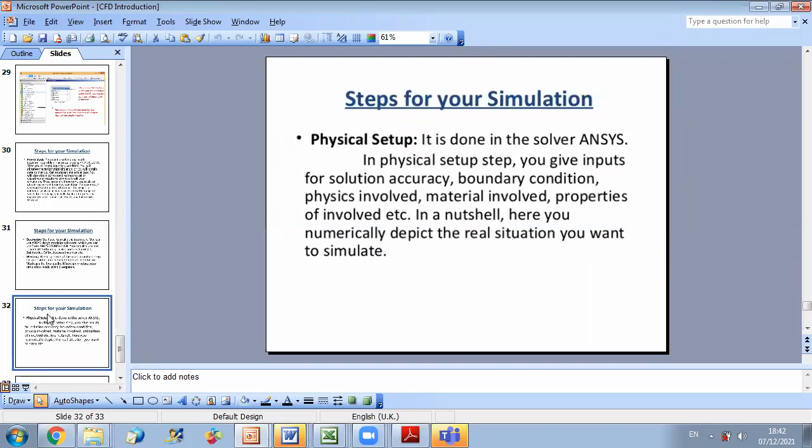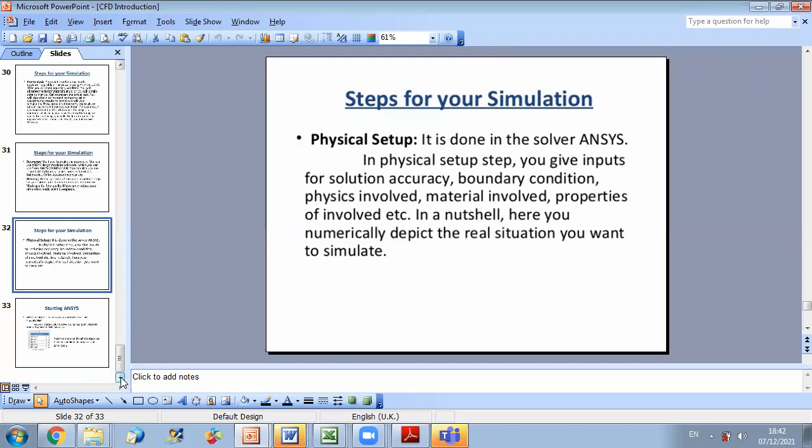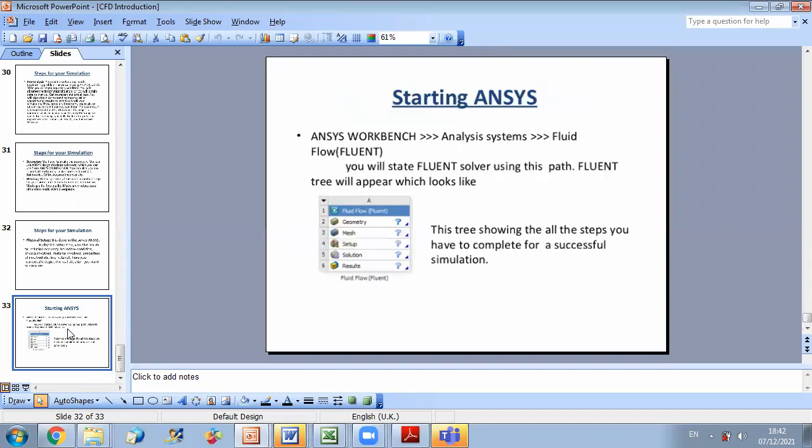Now, concerning the physical setup, it's done in the ANSYS solver. The physical setup will give inputs for solution accuracy, boundary conditions, physics involved, materials involved, and the properties involved. So here you will implement all conditions of your system, and of course you will select the numerical algorithms that will be used for your simulation. And finally, to start ANSYS, this is what you should do. You go to ANSYS Workbench, you select Fluid